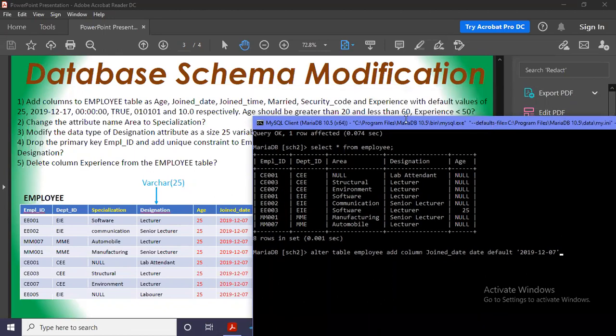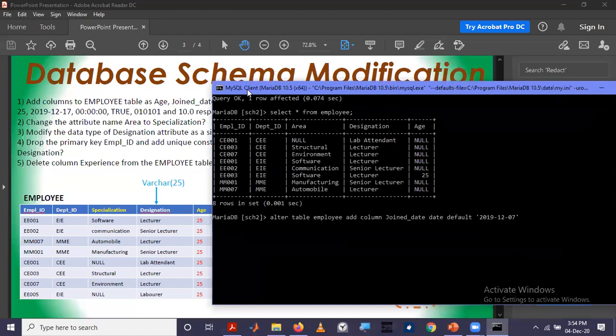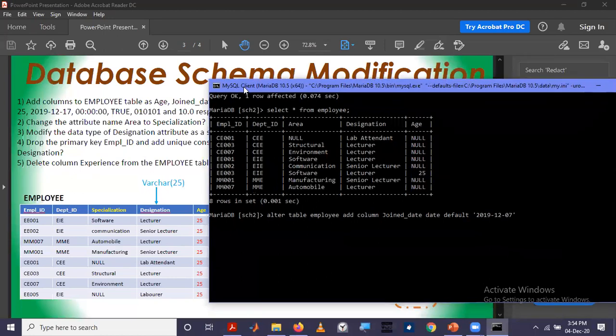For this one, there is no other additional constraint defined. So we will terminate that SQL statement there.